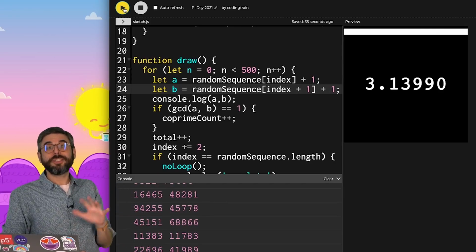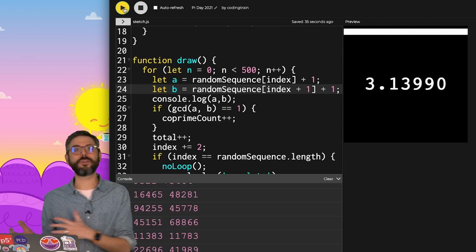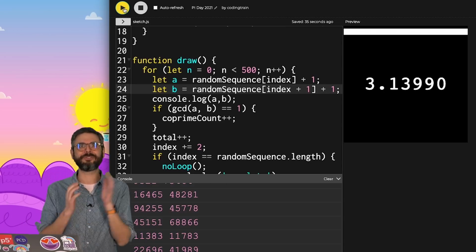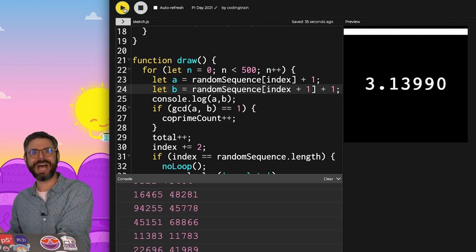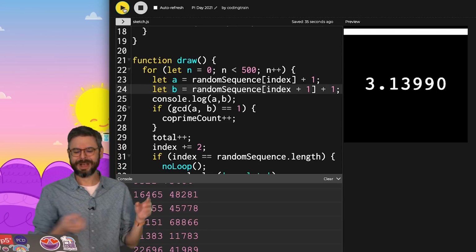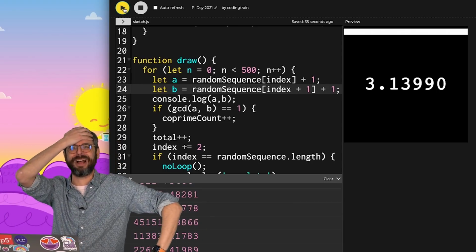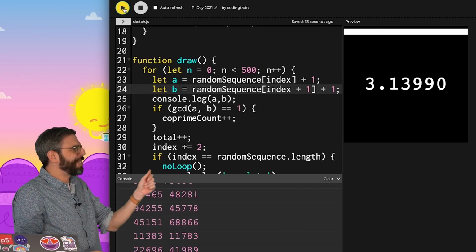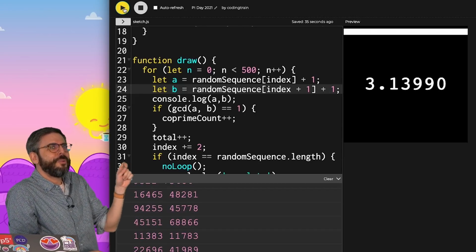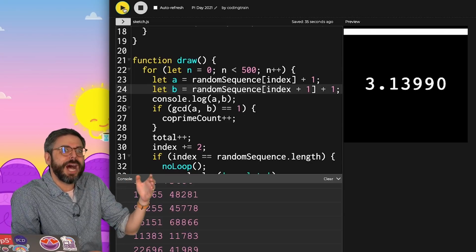I would encourage you to try it different ways. Certainly I could start from a different place in the book. I could look at every page of the book and see which page has the closest approximation of pi. But I have another thought experiment I would like to try. What if instead of using those million random digits, I used the digits of pi itself?